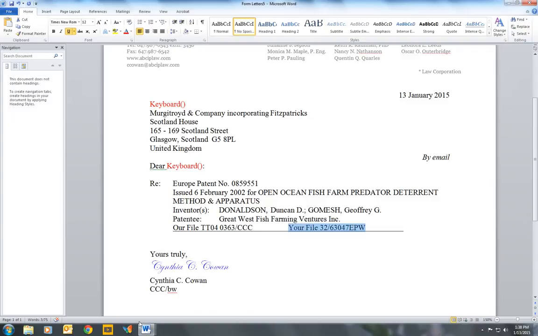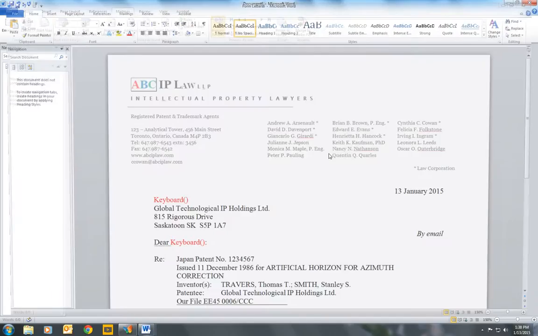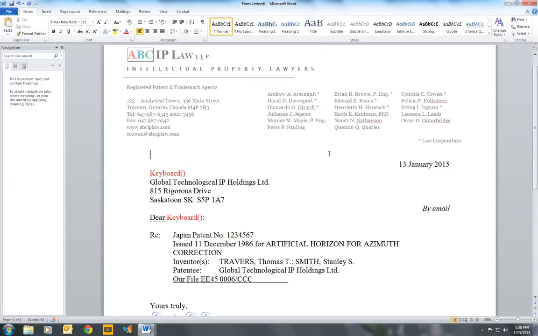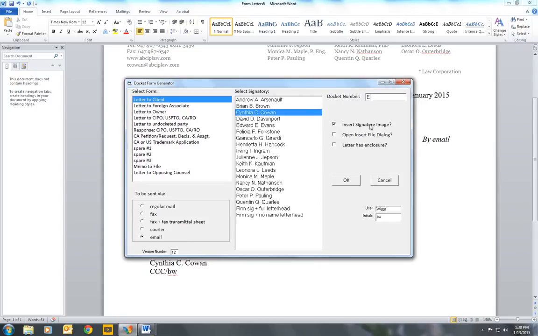Back to the previous docket number again. Let's try letter to owner this time. You'll recall that the client and owner may and often do differ, and it's sometimes necessary to directly contact an IP rights owner. This easily facilitates that sort of situation. Again, using the same docket number,